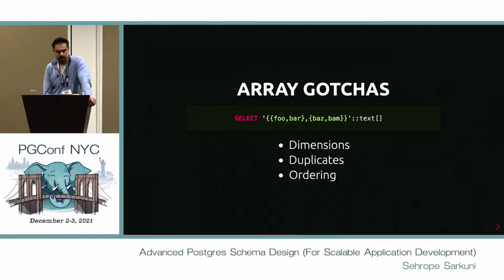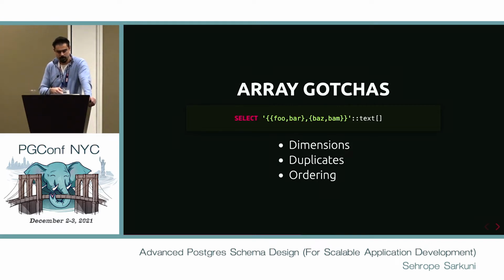So arrays have a lot of gotchas, if you're using them somewhere where you're actually storing the data, not just as a one-off within a query. Some of the biggest ones: arrays in Postgres have no concept of restricting the dimensions. Any array in Postgres, the type itself can have any level of